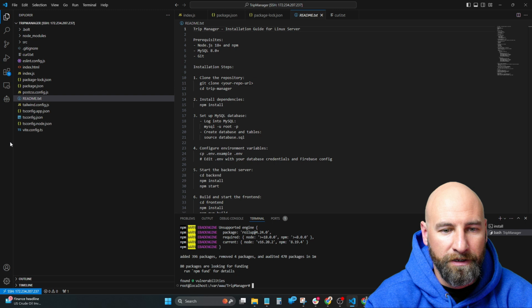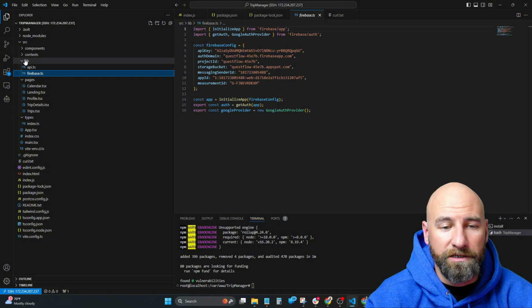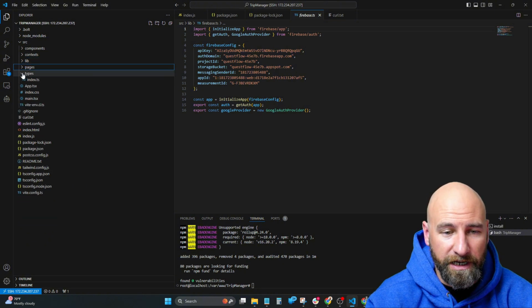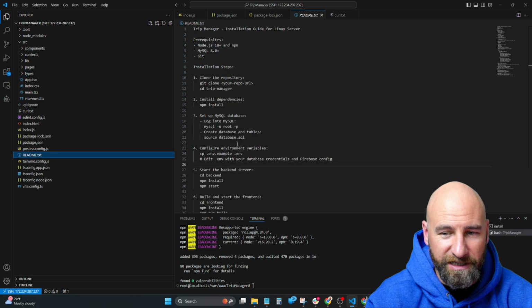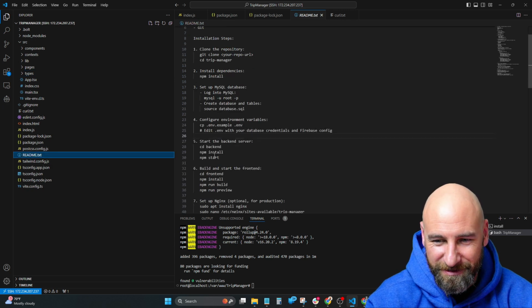Look at that. Okay, set up SQL database. This is done. Okay, it's all in there already, so we don't have to worry about any of that. Like these README files, I feel like it just copies them from somewhere. They're not ideal. Okay, and then we have to run our